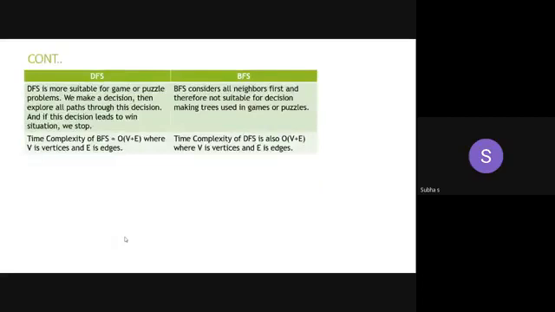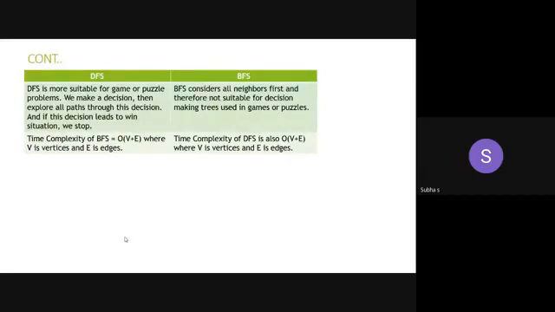Okay. DFS is more suitable for games or puzzles which include decisions. Remember this point. For any decision making games, suppose you moved to a particular point. All of you are playing many games, online games. At some point, you have to make a decision whether to take that route or this route. At that situation, you can go with DFS.